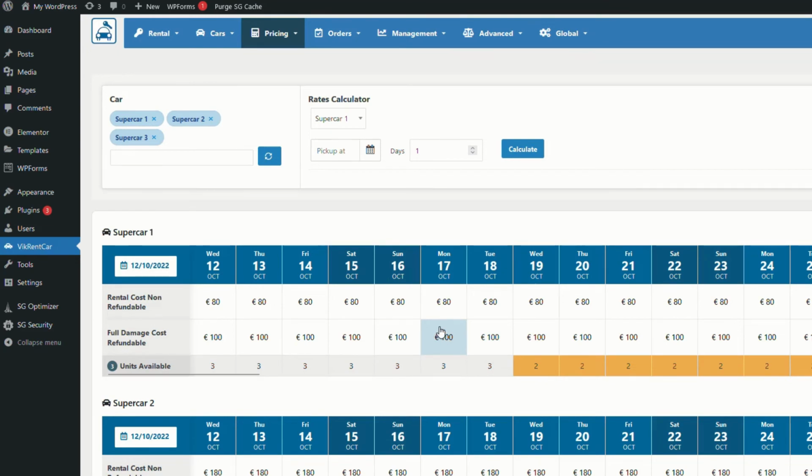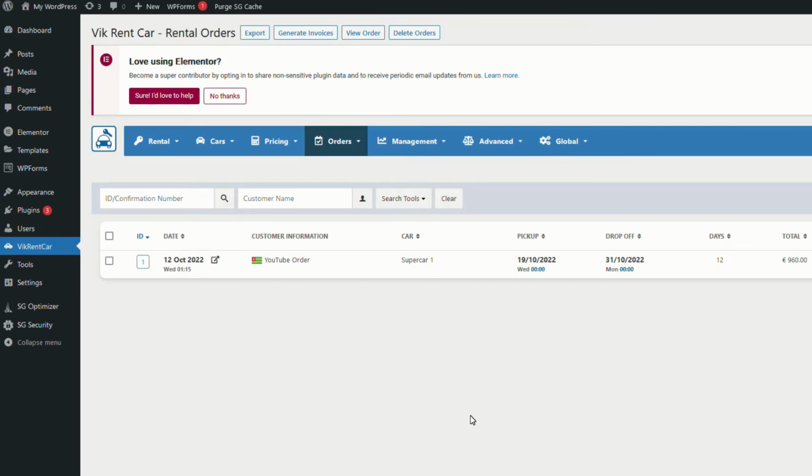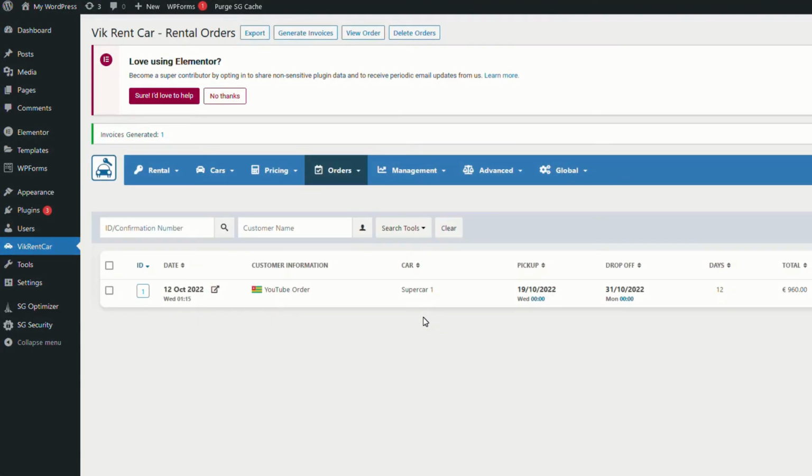Just good to know. Now if I go actually over to the orders tab and look at the orders list, you can see the order here and it's confirmed. The way this has been set up, the person that's rented it, they're going to pay for this when they arrive. On the Pro version you actually can accept payments on the website. So with the order we've got here, we can take a look at it. If I just check here and then click on view order,